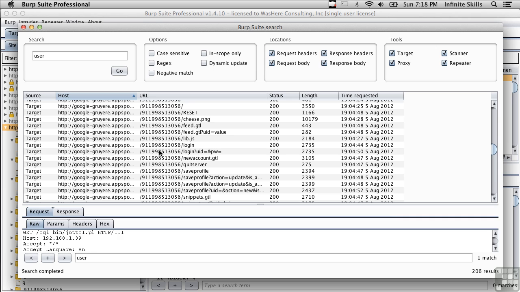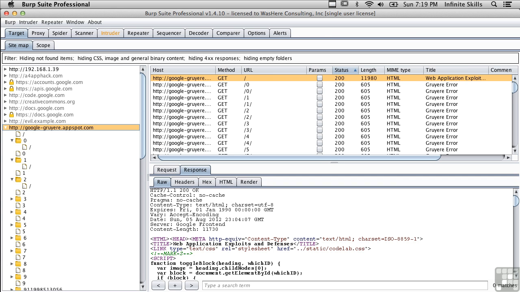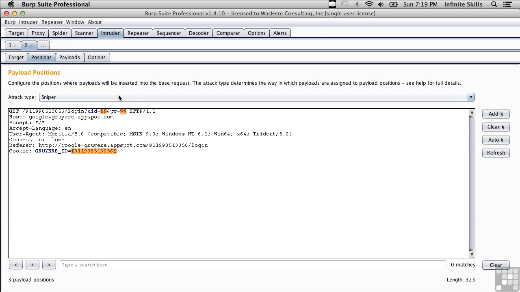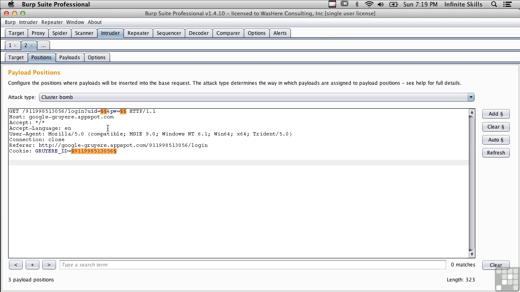And here's a good one. Here's a login form, and it looks like there's a user ID and a password that's associated with it. So I'm going to actually send that one to the intruder. And I'm going to go to the intruder. I'm going to take a look at my positions. So I've got a number of attack types that I can use, and I'm going to use a cluster bomb